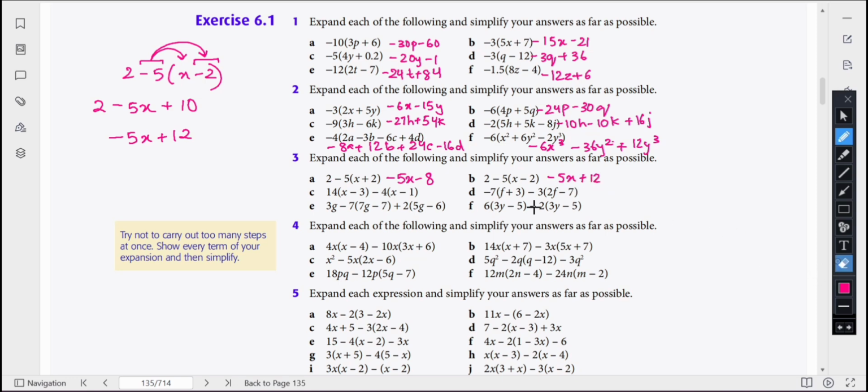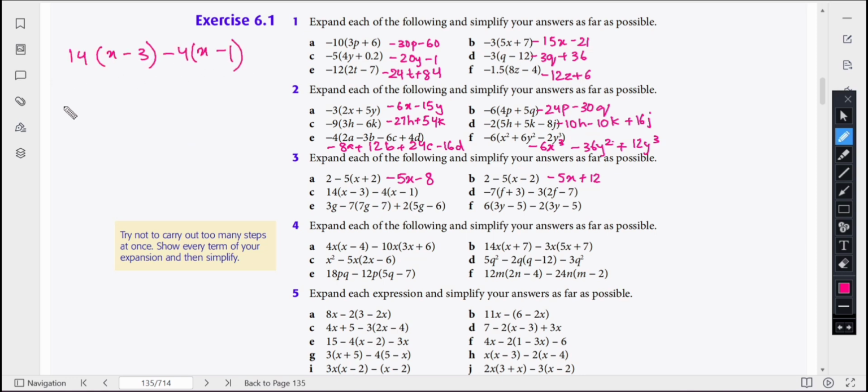Now for part C, how is it going to be like 14x - 3 -4x - 1. As it is said, try not to carry out too many steps at once. Show every term of your expansion and then simplify. So be precise if you want. You don't have to rush and do things in your mind and then mess them up somehow. So it would be better if you just do them on spot, ठीक है।